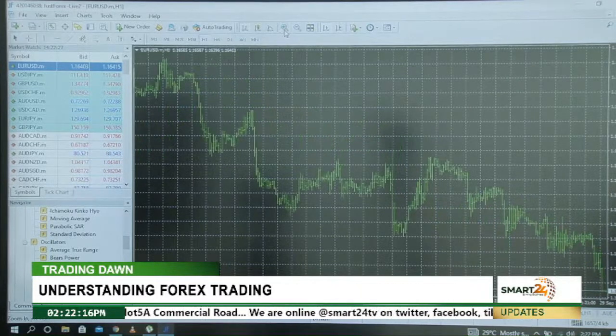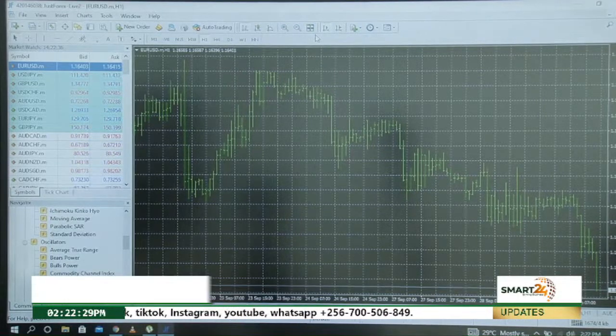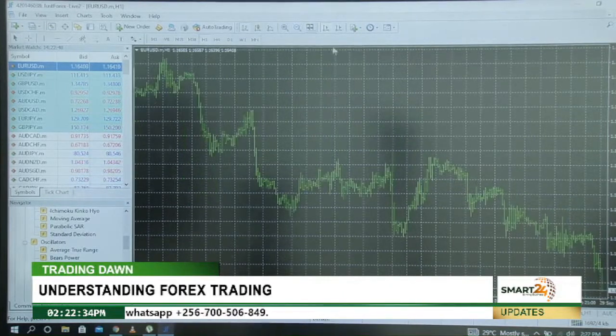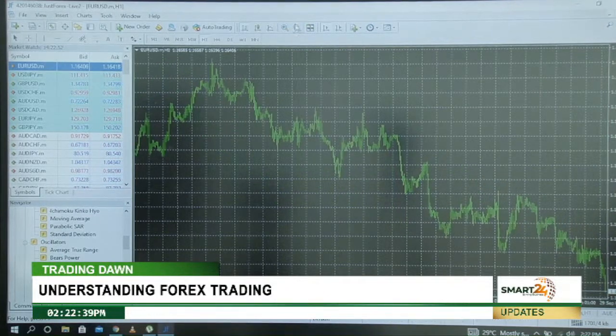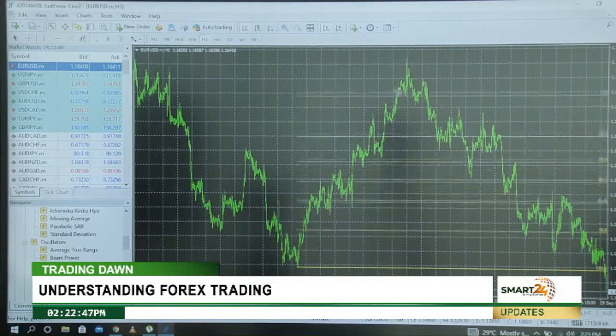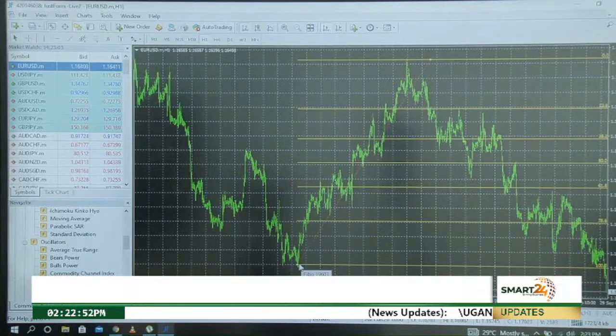Yeah, so this is the Euro USD. It is seriously selling, and yeah, it's not so bad. It's in a selling movement. It has been selling for quite some time, and we haven't yet got confirmation for a reversal yet. There have been many places where we thought a reversal would be, but that may not be happening anytime soon. Yeah, so sometimes on a rare occasion, something like this happens.